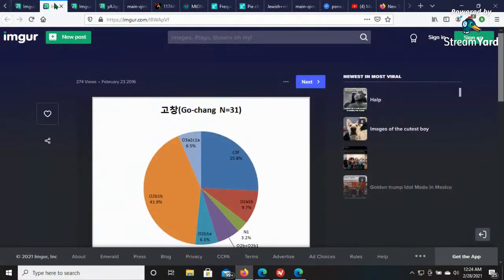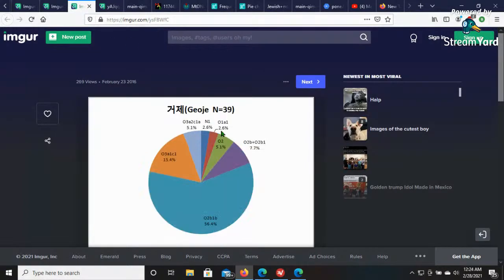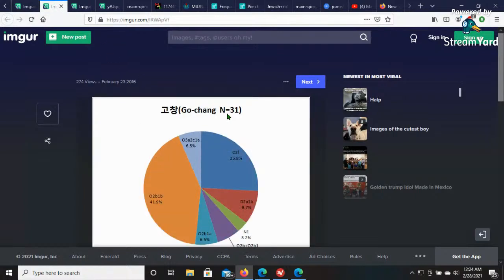For example, same thing here. Oh, not the same thing. Here's the C and the D. This Korean population, or this Gochang, wow, that's a big difference. See, there's no C, no D in this population. In this population, the Gochang,